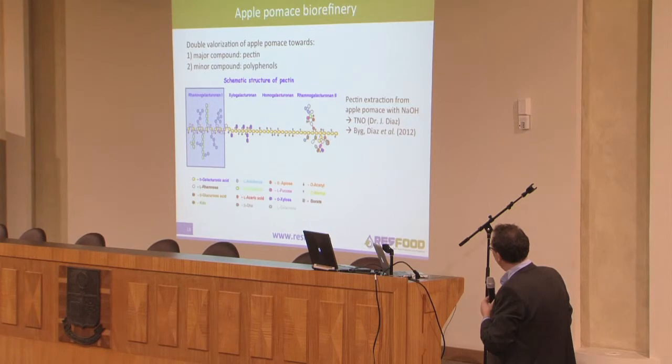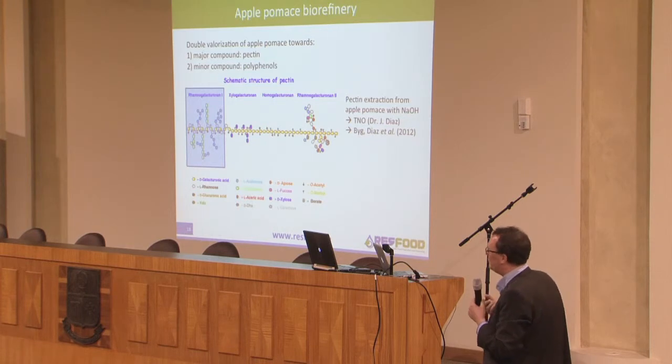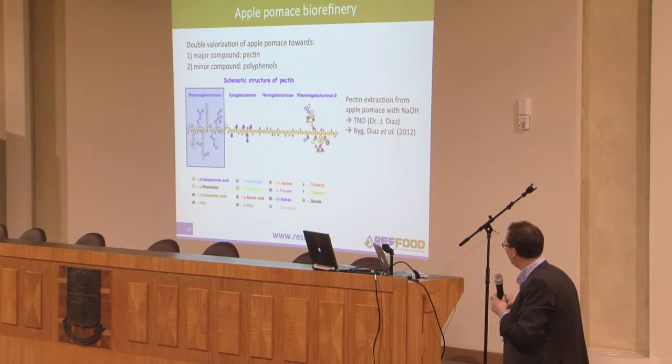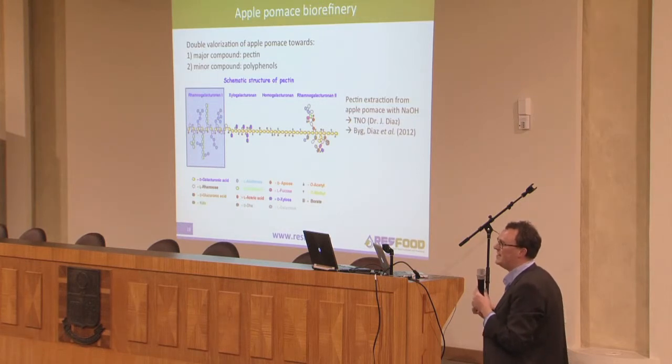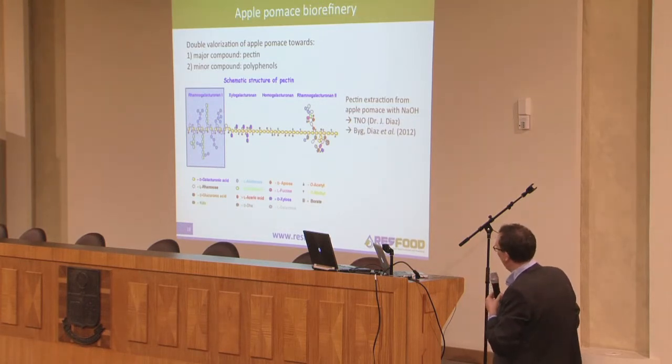What is well known about this domain is that it contains a lot of the yellow building block, and this yellow one is galacturonic acid. So when you extract pectin from citrus, you have pectin with a lot of galacturonic acids. And actually, when you extract pectin from fruits, it can only be called pectin when it contains at least 65% of homogalacturonan.